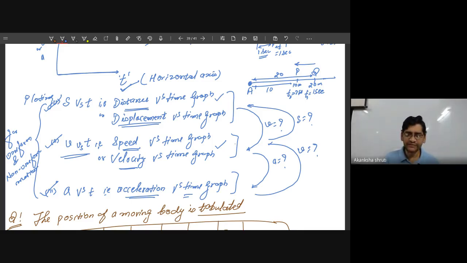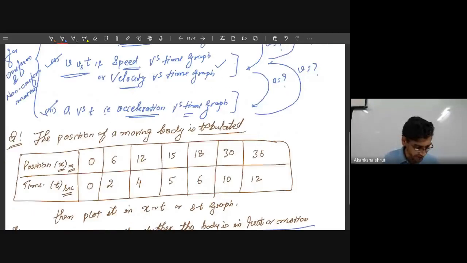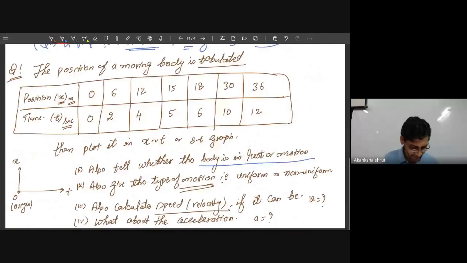Even if we consider negative acceleration, say one is acceleration and the other retardation, then there could be two other possibilities. So what are the various types of graph that we will learn? We will try to understand from the very basic concept, student, how to draw the graph that we have also learned in our last session.